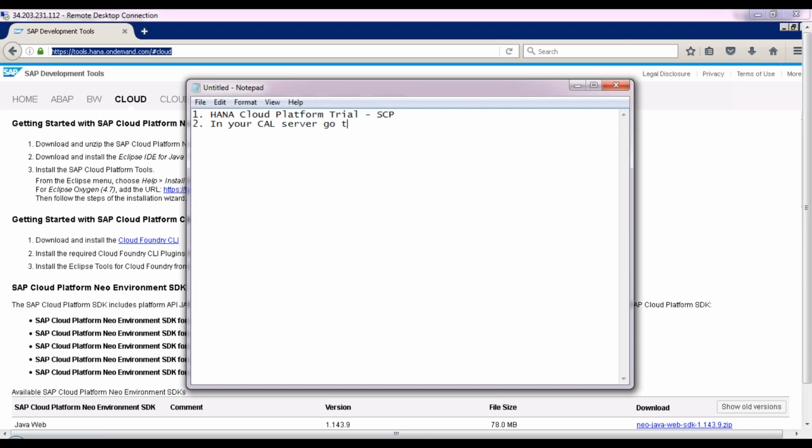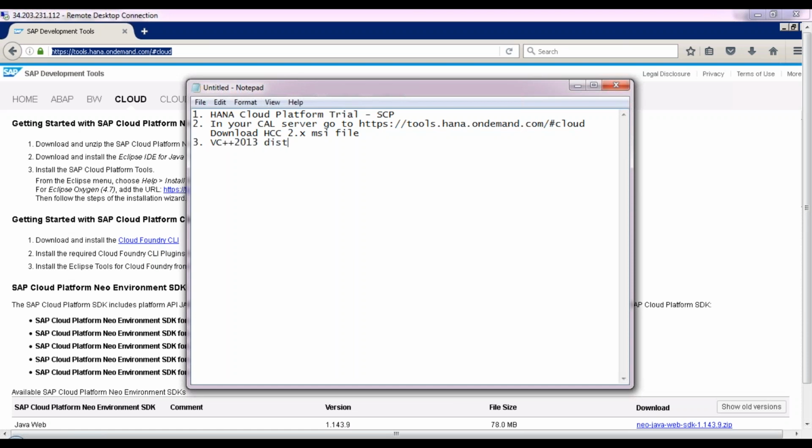Go to this, okay, in your cal server, and download the HANA Cloud Connector MSI file, because it's a Windows server, so MSI will work here. So download HANA Cloud Connector 2.x, okay, MSI file. Okay, this is just an installer. Now sometimes you will find it difficult running this MSI file. It will give you an error. That error comes because of Visual C++